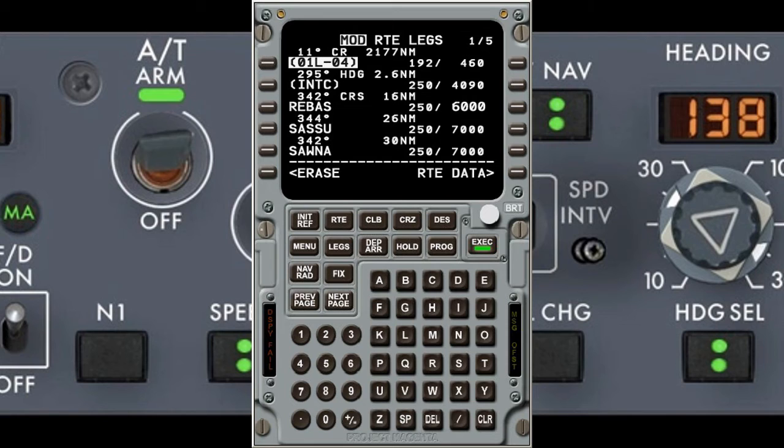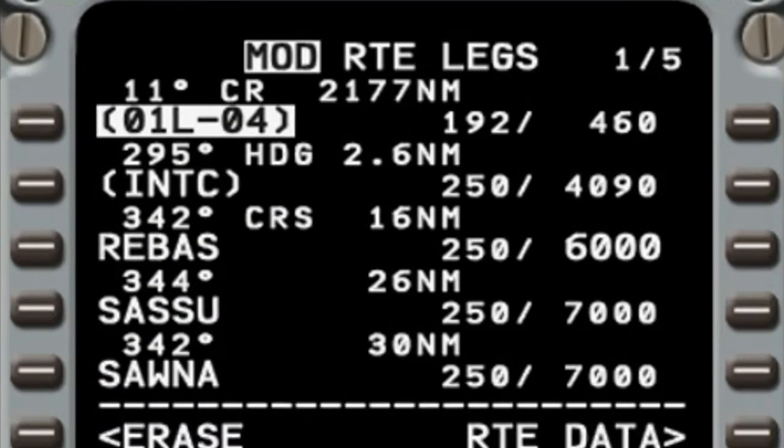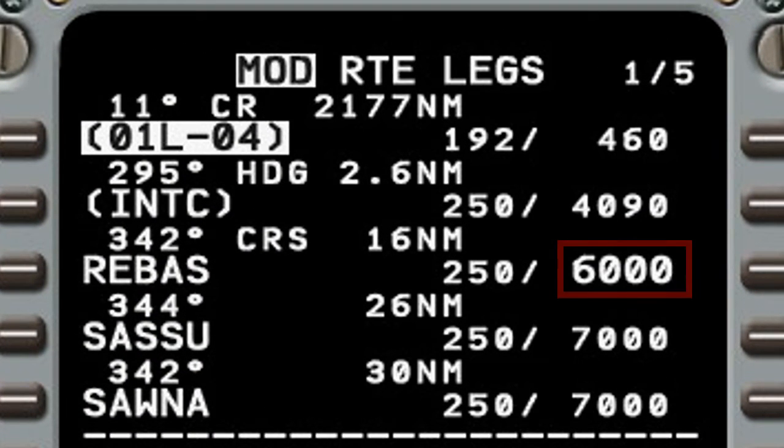In this example, we have set specific altitudes into the route that we wish the aircraft to fly to. You can see from the display that 6,000 feet has been entered by the pilot into the MCDU. This means that the pilot wants the aircraft to be at 6,000 feet by rebas. The VNAV system will now compute the profiles to reach 6,000 feet by rebas, and will compute the climb point